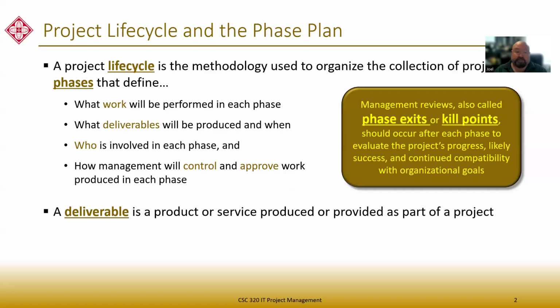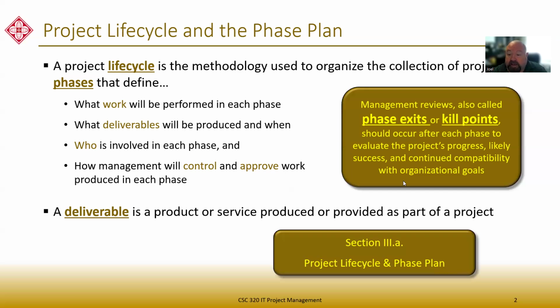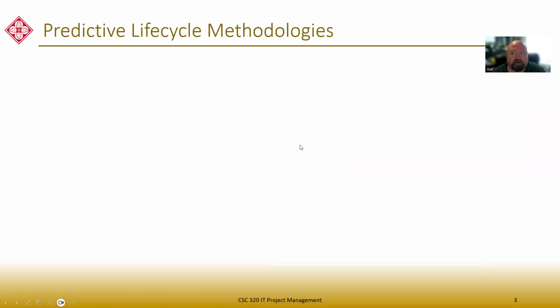Now, in a lot of cases, if it's not successful, we'll give it more resources or we'll go back into the phase and continue the phase on. There's lots of decisions you can make. But the point is we come to a point where we get a go or no go decision. Yes, I'm ready to move on, or no, I'm not ready to move on. And so that's that exit criteria. And you need to spell it out for every single phase that you're in. Okay. Yes, so that is part of section 3 or module 3. Okay, now